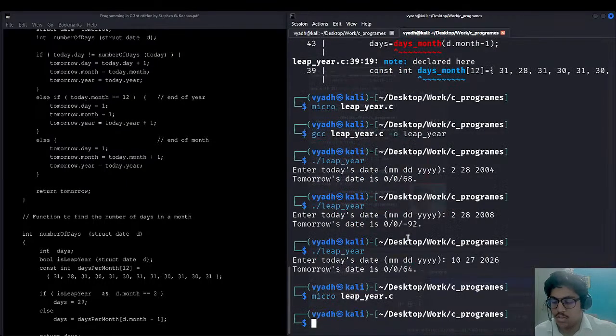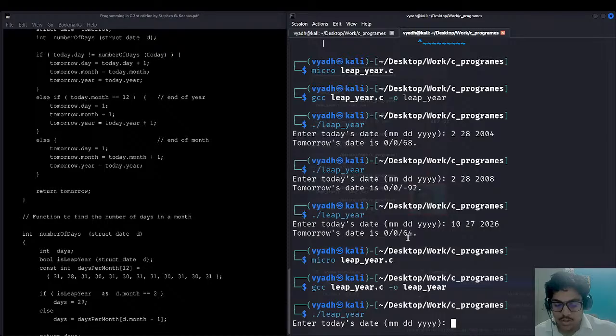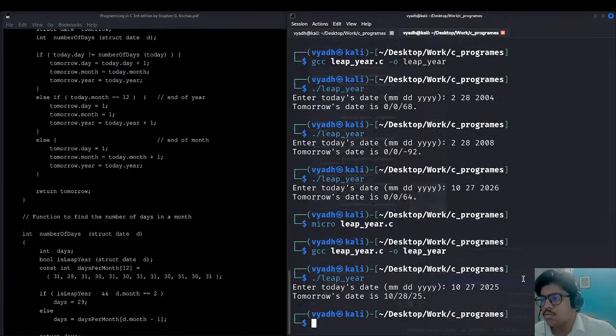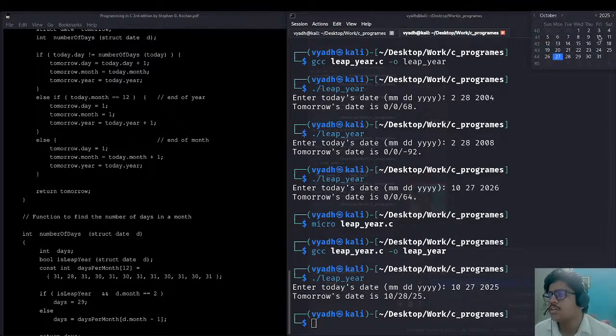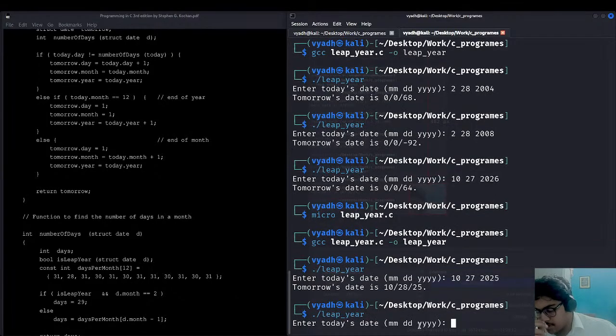इसको एक काम करते हैं, कंपाइल करके रन करते हैं। टुडेज डेट तो 10/27/2026। 26 है, 25 है? 25। ओके, तो यहाँ पे अब ये काम कर रहा है। ईयर कौन सा है? 25 है ना? हाँ ठीक है। सो यहाँ पे तो ये काम कर रहा है। और अगर मैं इसमें एक्सट्रीम लीप ईयर वाला